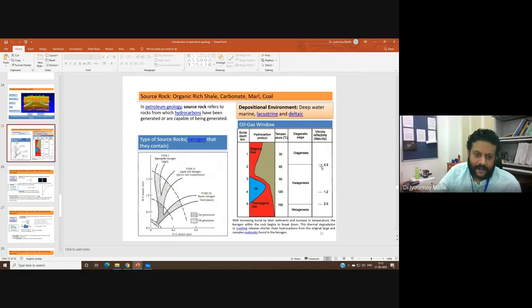So say, for example, I analyze the source rock and I find that it contains type 1 kerogen. It is a type 1 source rock, or it contains sapropelic kerogen. And then also I find that it has a reflectance of around 1.2, 1.3. Then I will say that this source rock under observation now has the excellent potential of creating hydrocarbon, because of two reasons. One, it has very high hydrogen to carbon atomic ratio in its composition, because it belongs to the sapropelic kerogen group, and this particular source rock I can classify as type 1 source rock.